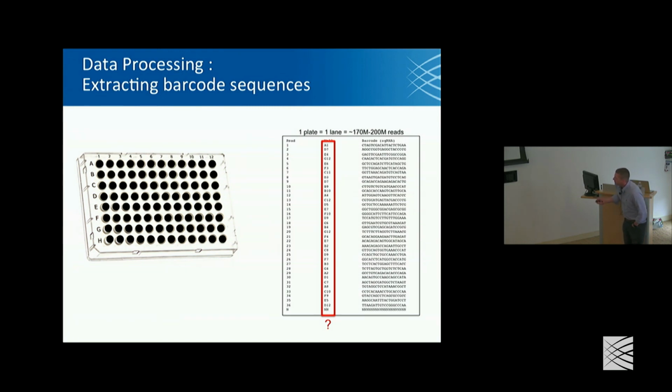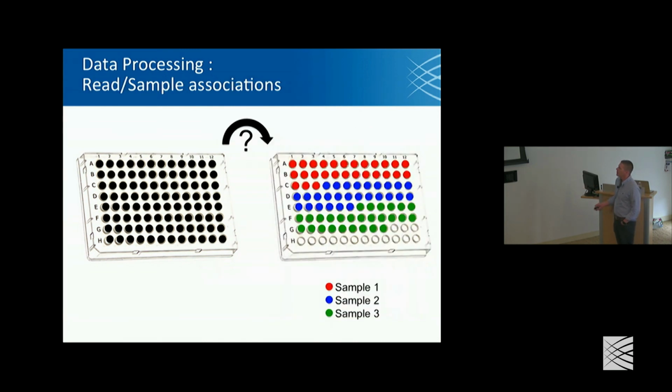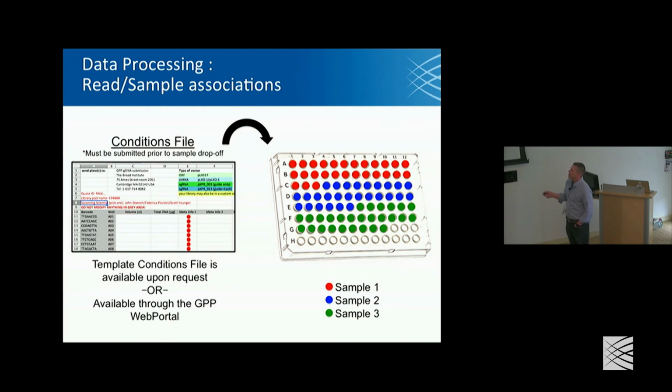But the problem is that we know what well that came from, but that doesn't mean very much to us. We just know that there was 96 wells and a read matched to that well. So we need to know what those wells actually had in them. So when you submit a sample to us, you supply a conditions file. And this is something you can get from the website, or you can email us, and then we'll send you all the details. And what this sheet has is just some spots where you're going to put in the amount of DNA that was in each well, along with some meta info, which tells us samples and which wells had which samples in them. And that's important for